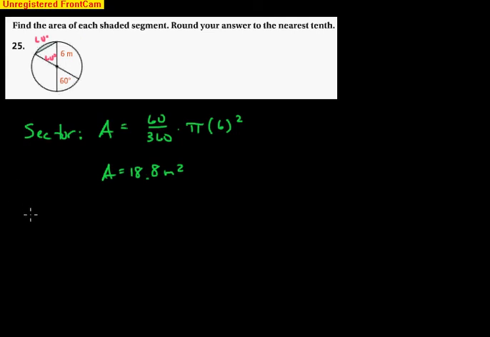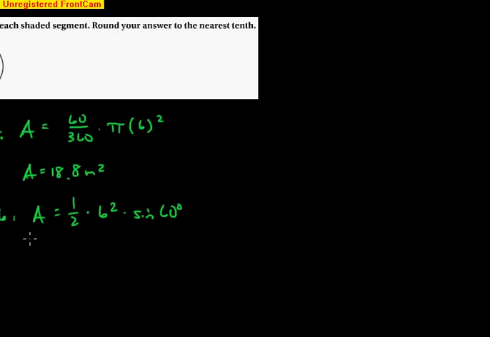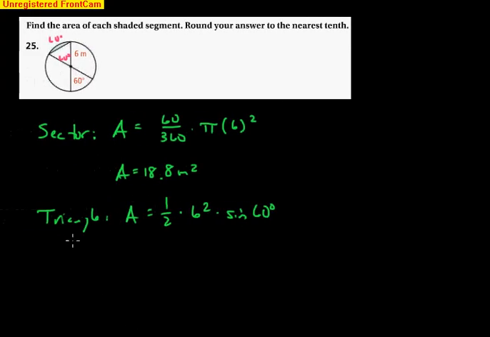So now we find the area of the triangle. So for the triangle, we're going to use that formula. Area equals 1/2. Now it's BC. It's these two sides. Well, they're both radii. So it's 6 times 6, or 6 squared, times the sine of the angle in between. And the angle in between is that central angle, or the arc measure, 60 degrees. And I'll type this in my calculator, and I will get I got 15.6. So the area of this triangle is